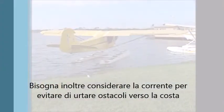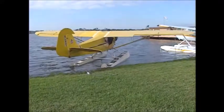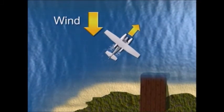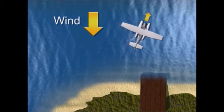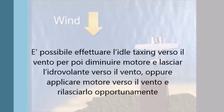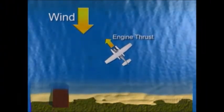Before taxiing into a confined area, consider the effect of the wind and the current carefully. Otherwise, your seaplane may be carried into obstructions with resulting damage to the wings, tail surfaces, floats, or other parts of the seaplane. You can combine power on sailing with idle taxiing to place the seaplane in a predetermined spot with some accuracy. Idle taxi the aircraft into the wind at an angle that the wind will allow. Further reduce the power using the throttle, the addition of carburetor heat, and possibly switching to a single magneto. The airplane will now sail with the wind. Repetition of idle taxi and power on sailing maneuvers can allow